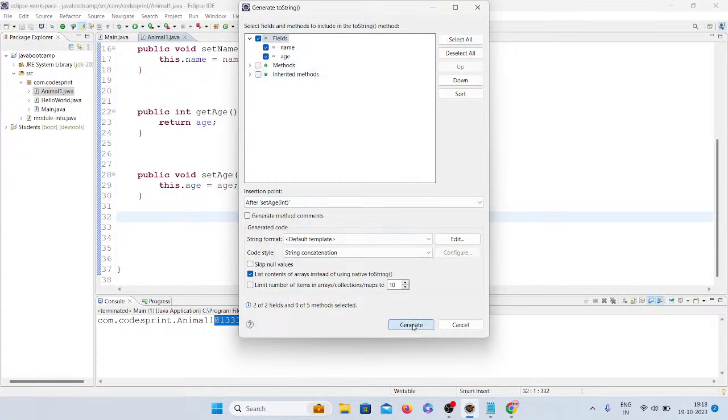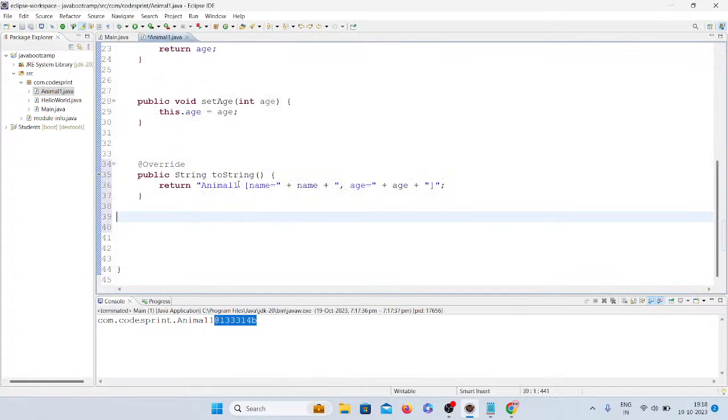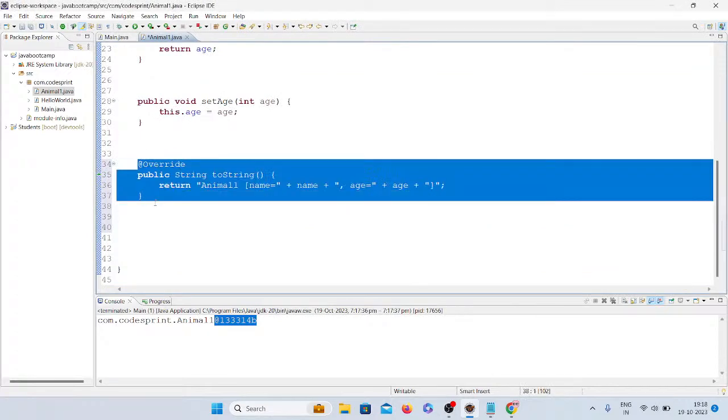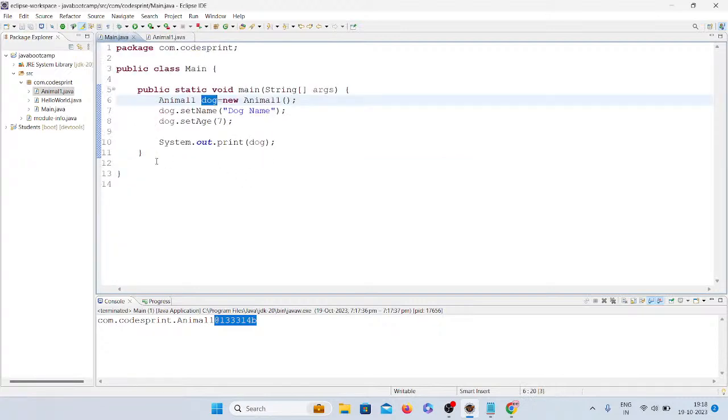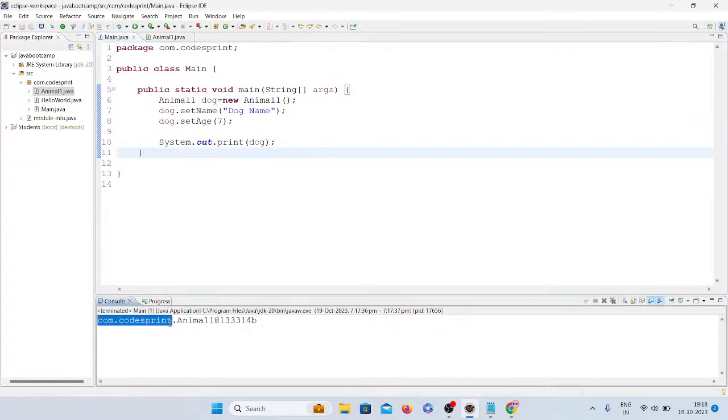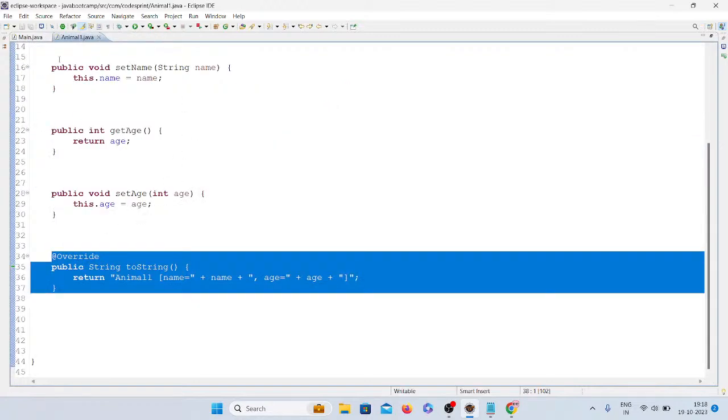What we have to do is generate the toString method. Using this, when we try to print the object, this toString method will be called and it will be printed. Earlier it was coming like this: the package name, the class name, and the address where it is stored. Now if you create the toString method here, that means override it,